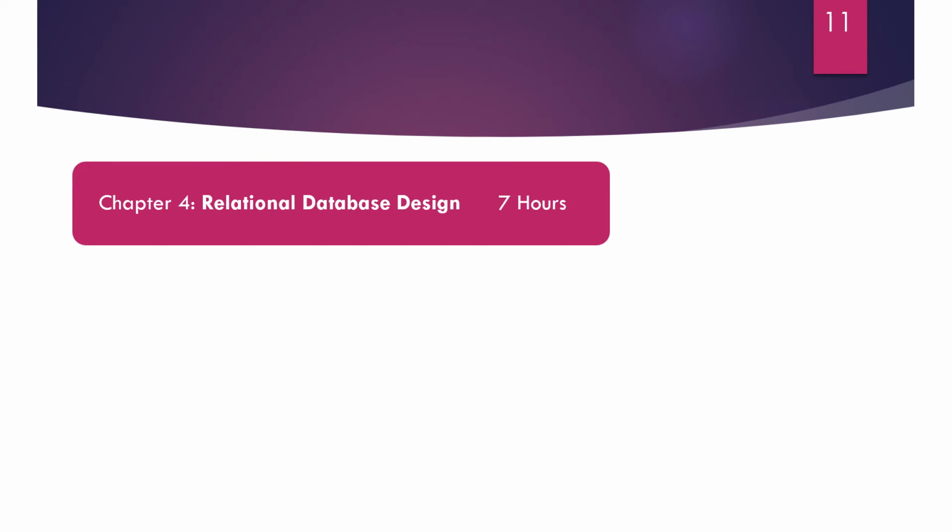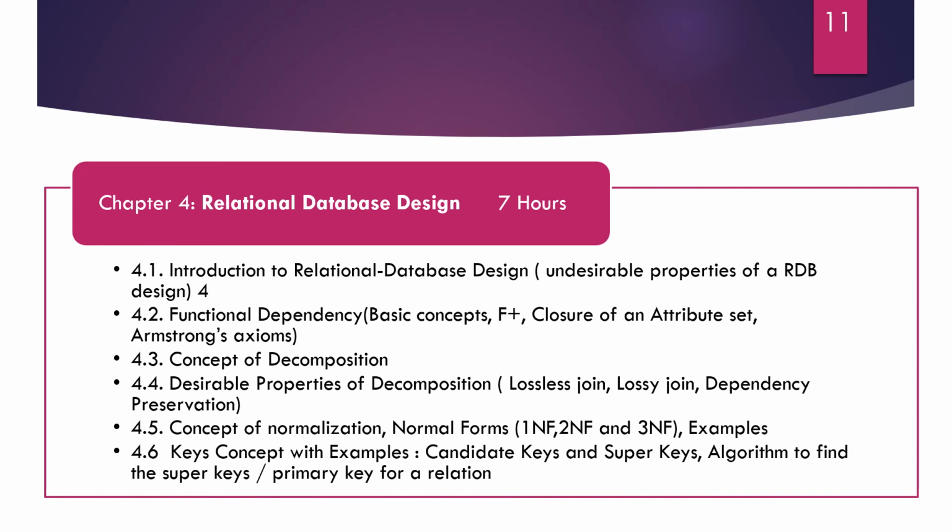Chapter number 4 is relational database design, which requires 7 hours. A relational database is made up of a number of relations and relational database schemas, which consist of a number of attributes. The main goal of relational database design is to generate a set of relational schemas that allow us to store information without redundancy.